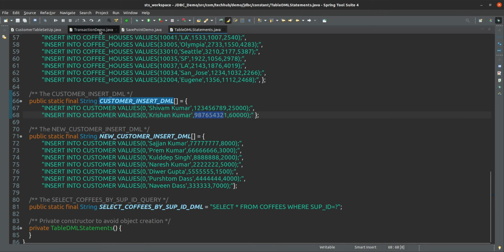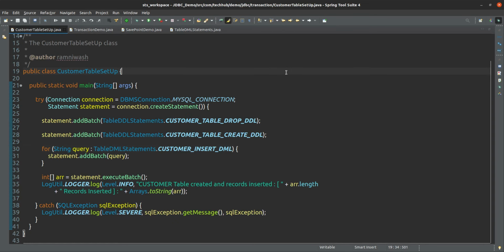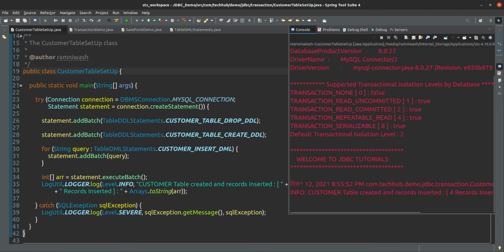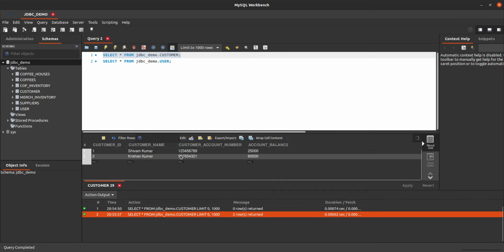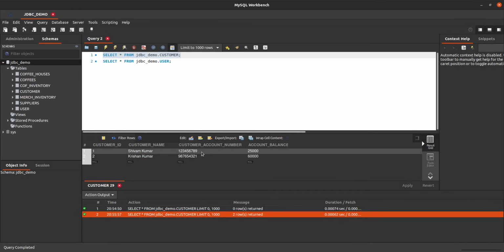I am executing this, and these two records will be inserted into the customer table. Now if I run this query again, you will see two records are there.